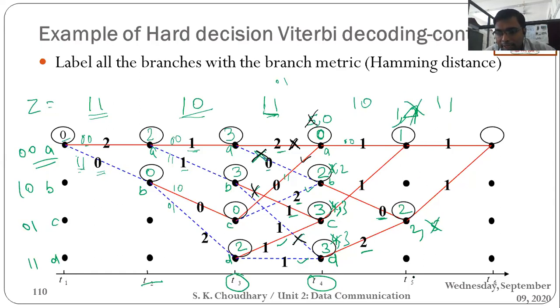Now at the T5 to T6 transition, you can see only one input 0 is coming. So its output is 0 0. Compare this with the received 0 0. The Hamming distance is 2. So 1 plus 2 is 3. Okay. And another input is coming here. First is 3. Second is what? When you are at C and you are receiving the input 0, the output is 1 1. The Hamming distance is 0 actually. So 2 plus 0, 2.